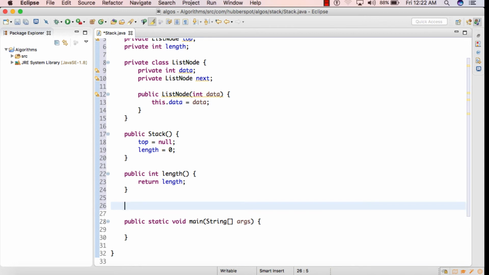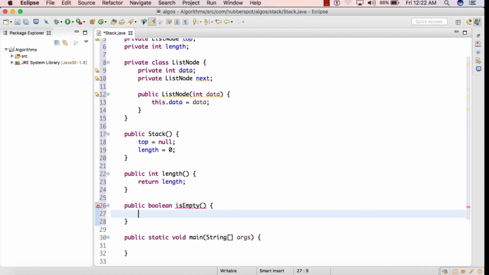We'll create one boolean method by name isEmpty, which will return us a boolean value whether the stack is empty or not. So public boolean isEmpty. Here we'll simply return a boolean value which will represent whether the stack is empty or not.